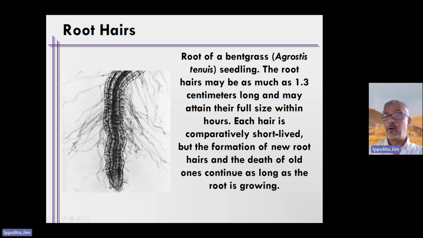The root hairs are there to absorb water and nutrients. They're short-lived, but there's formation of new root hairs as this root tip grows down through the soil. All right. And so these root hairs will eventually fall off, they'll die, they'll add carbon back to the soil, an energy source for microorganisms. So there tends to be a lot of microorganisms living near where these root hairs are or near the tip